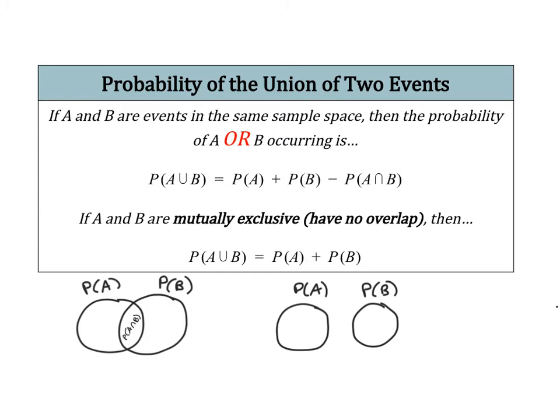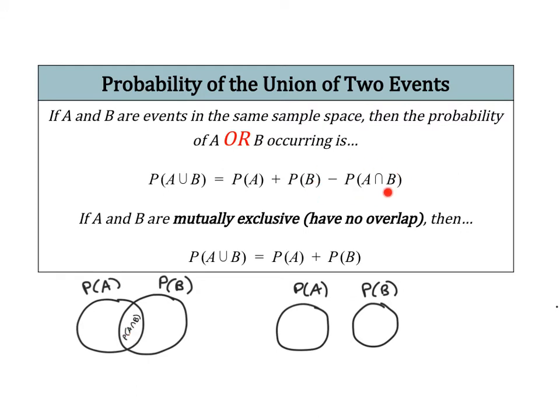This is when you have two events that are in the same sample space. There are two cases. The probability of A or B happening might be the probability of A plus the probability of B minus an overlap. It's entirely possible that two different events have overlapping outcomes. For example, with a deck of cards, if you're trying to find the probability of pulling a 2 or pulling a spade, there's one card that is both a 2 and a